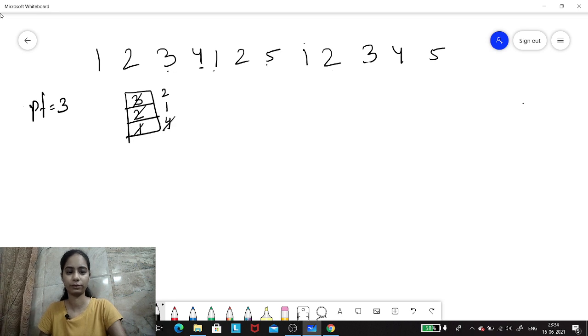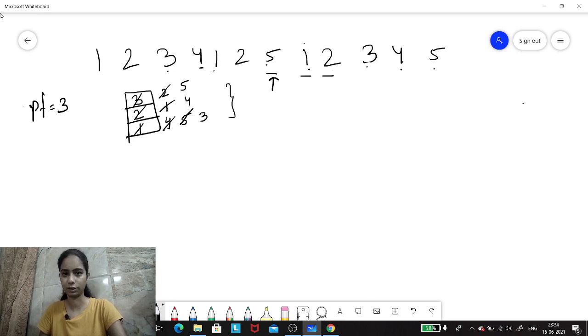Then coming on to 5, so 5 would be here, and when we come on to 1, it's already present, 2 is also already present. Then we come on to 3, again 5 is the one. If you consider amongst these 3, 5 is the one which was least recently accessed, so this 5 would be replaced by 3. Then 4, 1 would be replaced by 4, and then coming on to 5, again 2 would be replaced by 5. So this is the basic functionality of LRU cache, right? So now we'll think about how we can implement it. This is the general functioning of LRU cache.